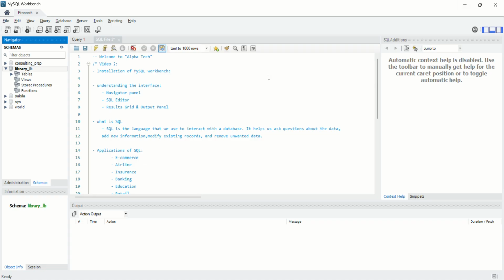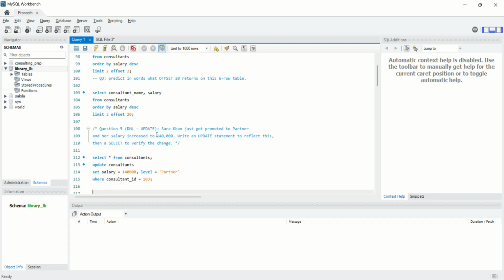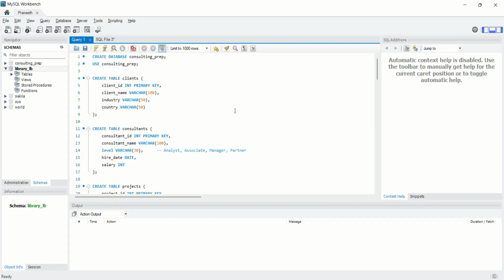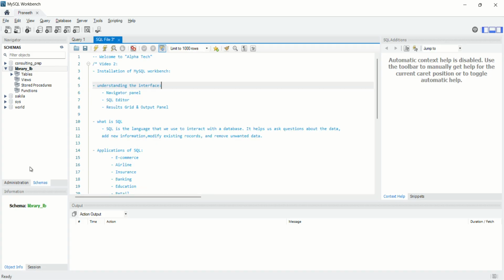Okay, and now we are moving to our next topic where we need to understand about the interface of MySQL. Okay, so here this is SQL Editor where we will be writing our code. You can see I had already practiced many codes before teaching you regarding what SQL is. Okay, and I had developed many projects in this editor. Done, and this is called the SQL Editor, and this is the Navigator panel,